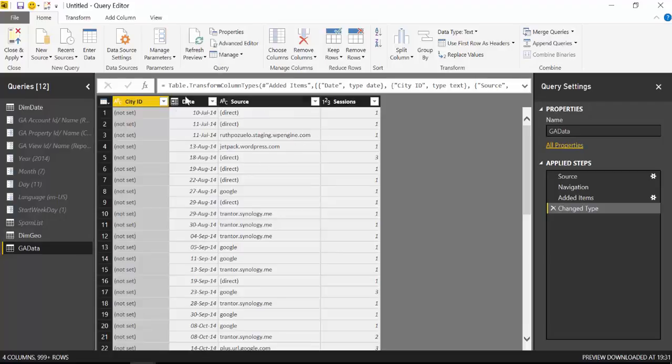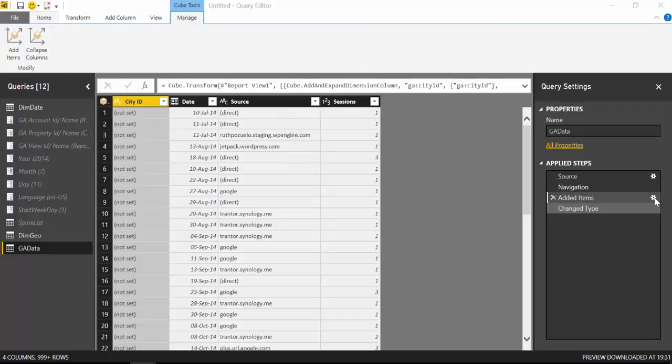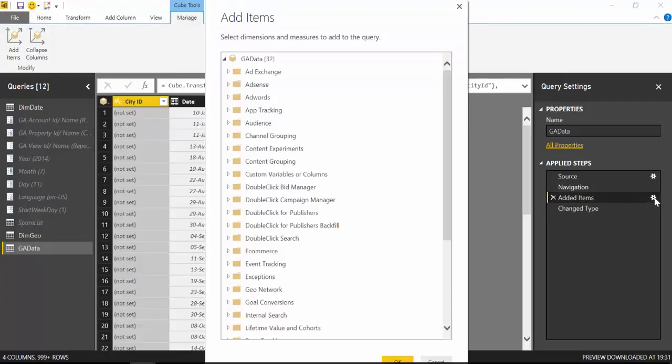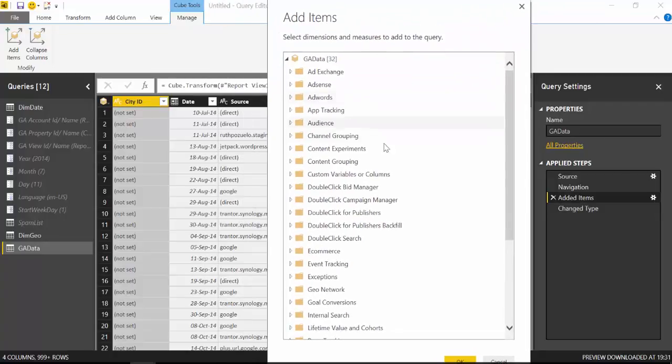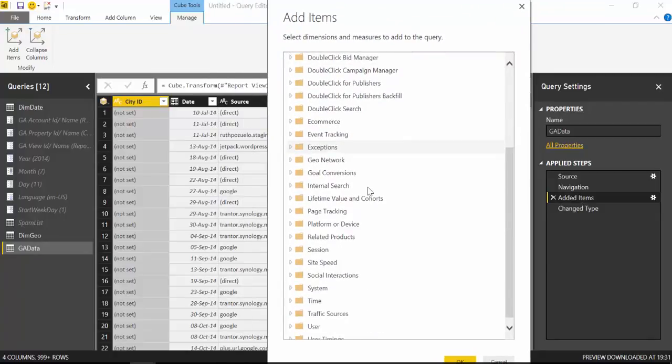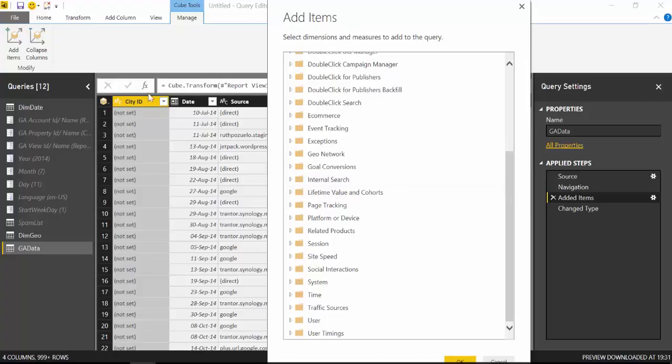So what we're going to do first is modify this because we don't want all this stuff. The only thing we want for our dashboard is, let's see, we're going to get dates and sessions. That's what we need for this table. Now, when you are trying to remove these measures,